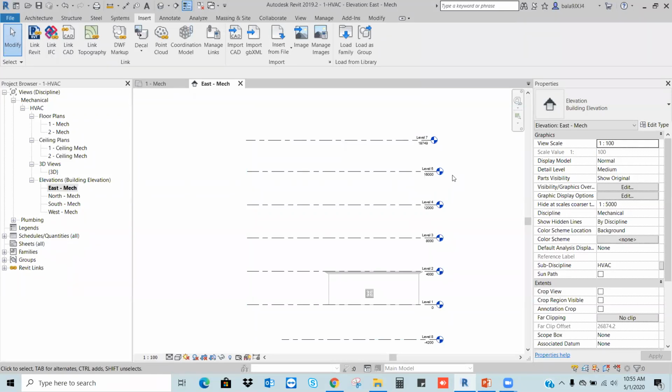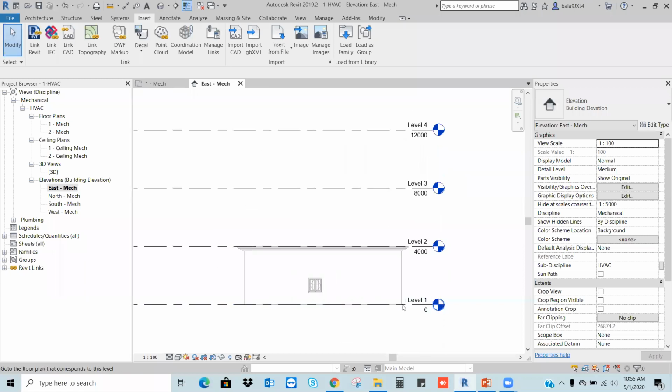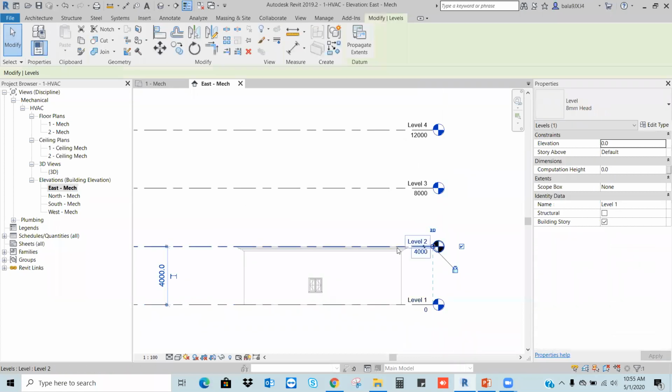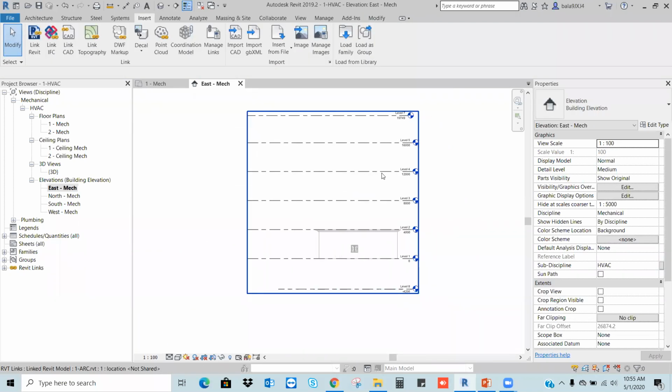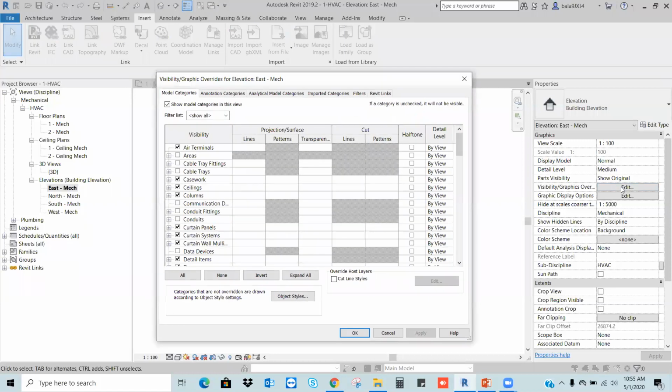That is the reason I am saying creation of the levels is the foremost task. Task number 1 is to create the levels. Let's say here by default I have level 1 and level 2. Okay. If I switch off this link, I cannot see other levels. To switch off this link, I will use a command called Visibility Graphics again, VG.